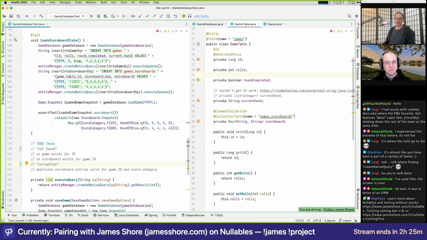So I don't want to build a lot of scaffolding around this. I do want to think, though, what API do we want to present to the user? We could present a load and save that takes no IDs, and then we just hard code the ID here. Or we could present a load and a save that presents some sort of opaque ID, like a GUID, because you don't want to expose your primary keys. And I'm okay with either one.